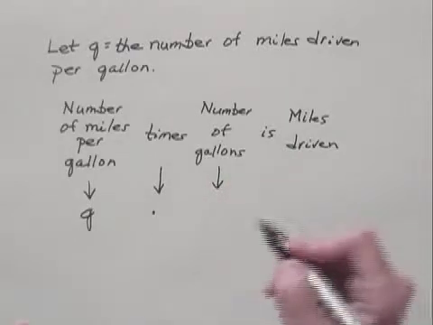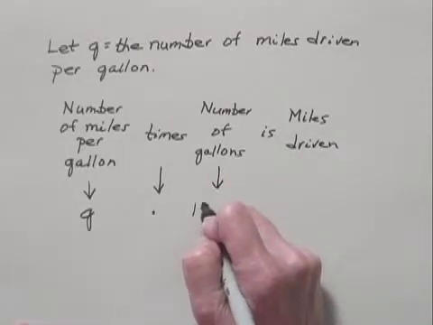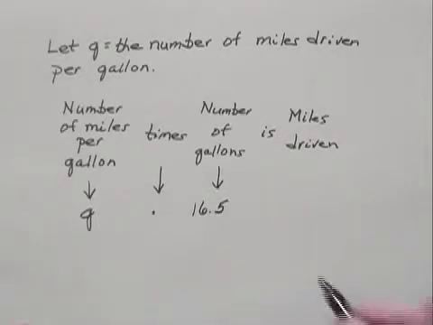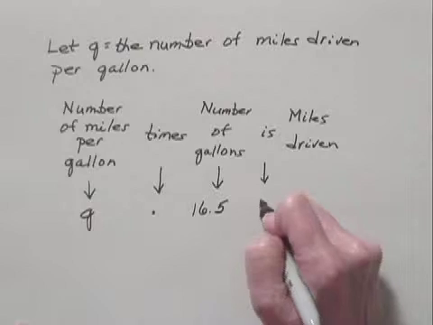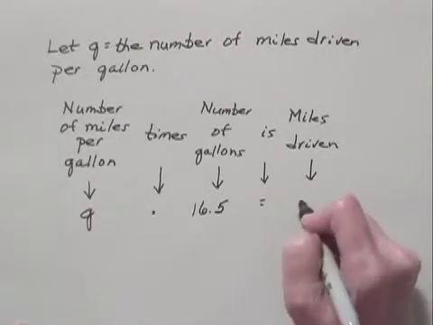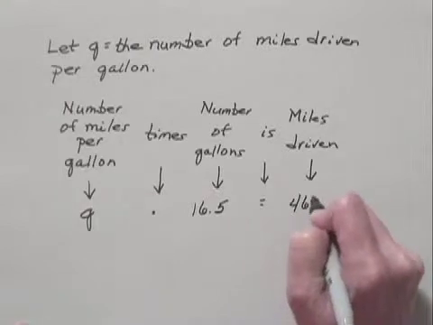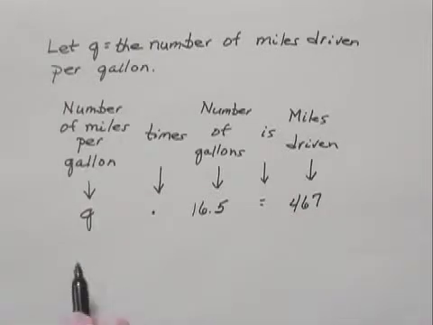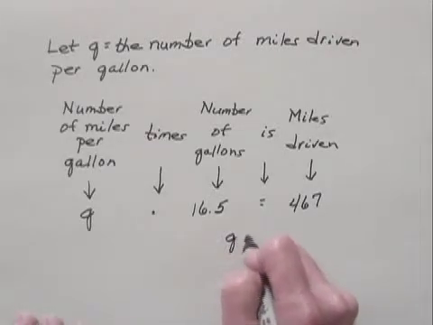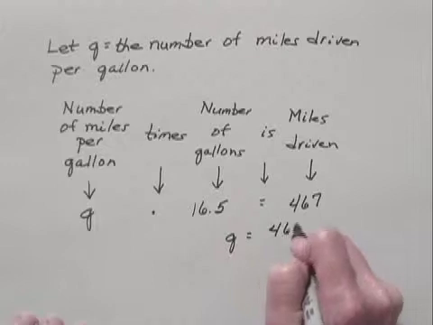The number of gallons used, we were told in the original problem that 16.5 gallons was used to fill up the car. Is translates to the equals sign, and the miles driven is what we previously found. We found that it was 467 miles. So we have an equation, G times 16.5 equals 467. We can divide both sides of this equation by 16.5 to find G. So G is equal to 467